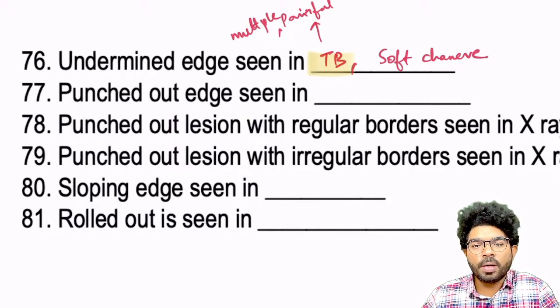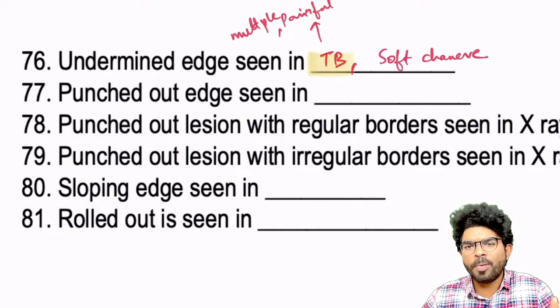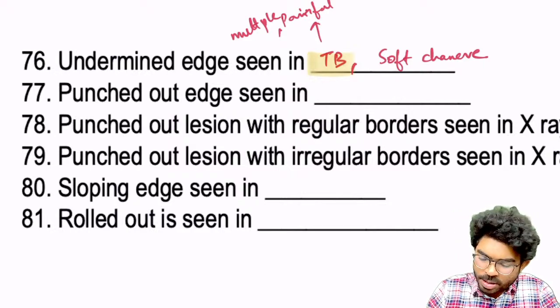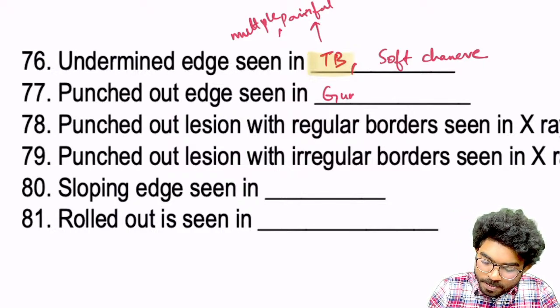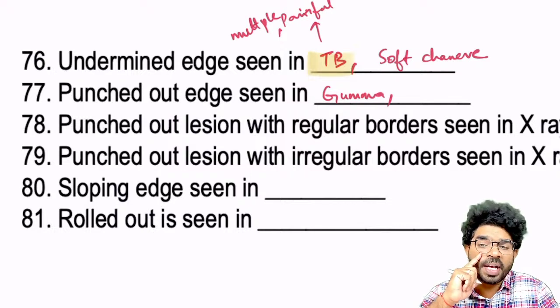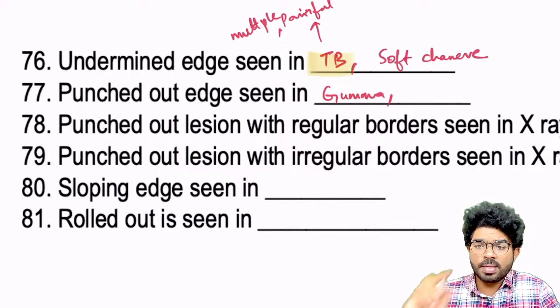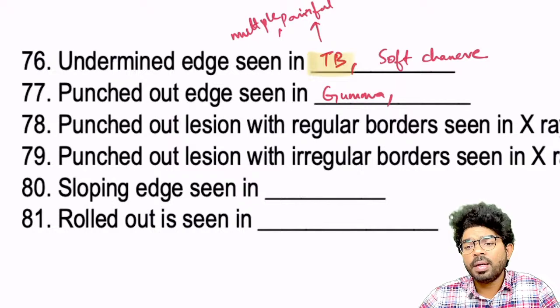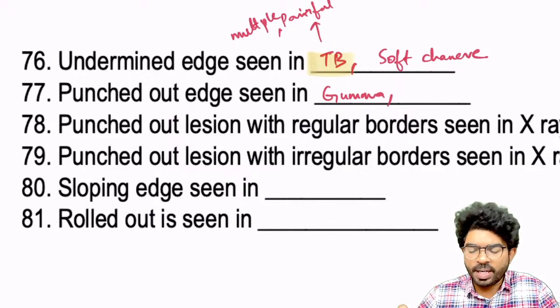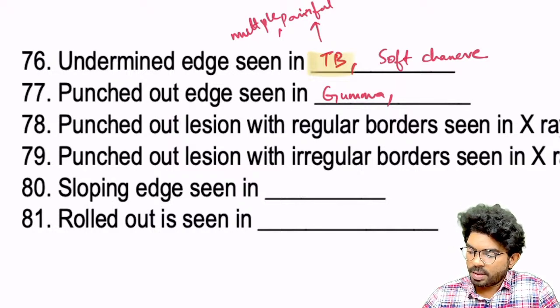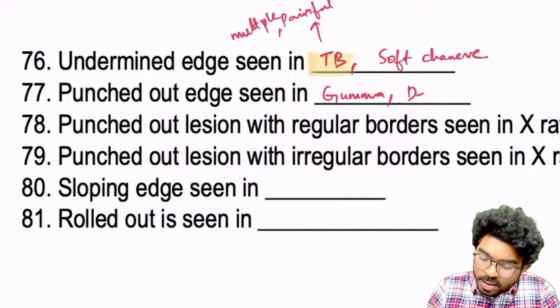Next one, punched out. I told you there are so many things with punched out edges, but the most common is the syphilitic gumma, seen in tertiary syphilis. This is the most common example given in the basic description of different types of edges of ulcers. The other you can add as a note is